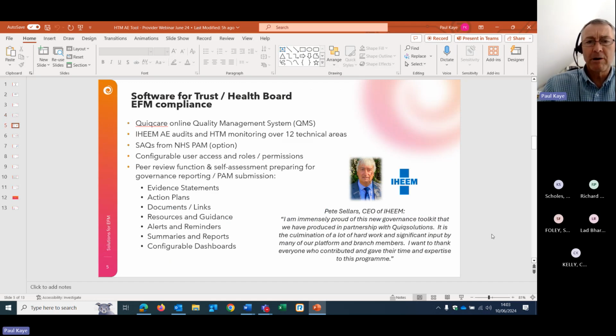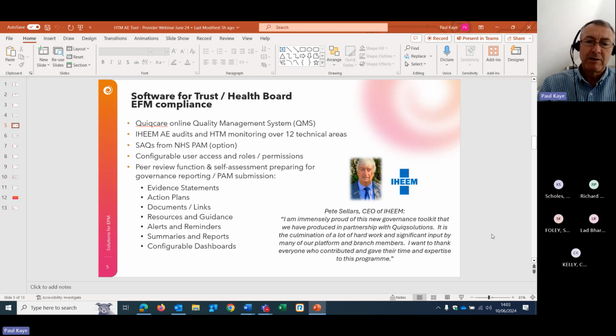And we come from a background in estates facilities of providing solutions for PAM. So we have a version that includes all of the SAQs from PAM, and it really has a number of aspects. So one is the self-assessment, so recording evidence of compliance against the quality standards.